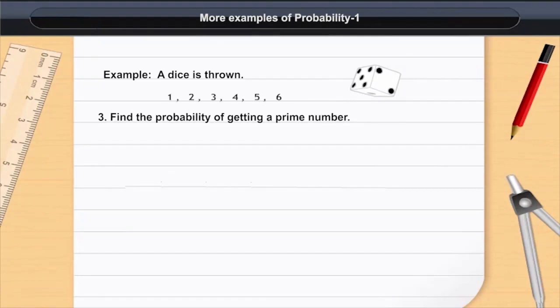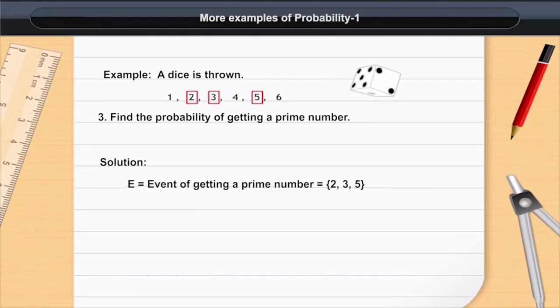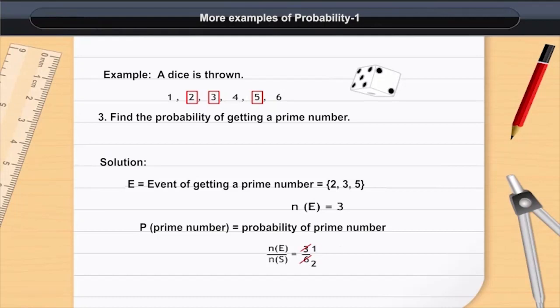3. Find the probability of getting a prime number. E is equal to the event of getting a prime number, which is equal to {2, 3, 5}. N of E is equal to 3. P of a prime number is equal to 3 by 6, which is equal to